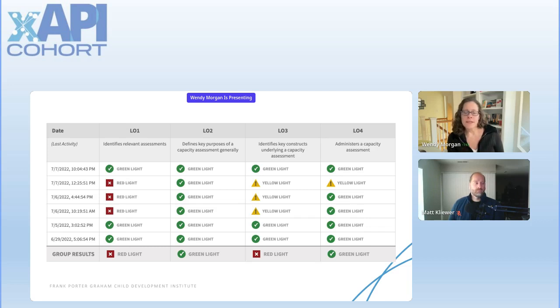And it seems like there's one person that might not have a total handle on how to administer a capacity assessment, but otherwise they're doing okay. And identifying the key constructs underlying a capacity assessment might need a little refresher, right? And that's important knowledge going in. Otherwise I just wouldn't know. I would start from 0 and tell them everything, right? And this way I can do things faster and cheaper and better all at the same time.